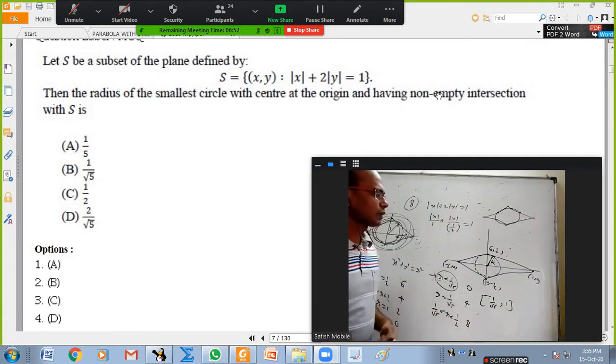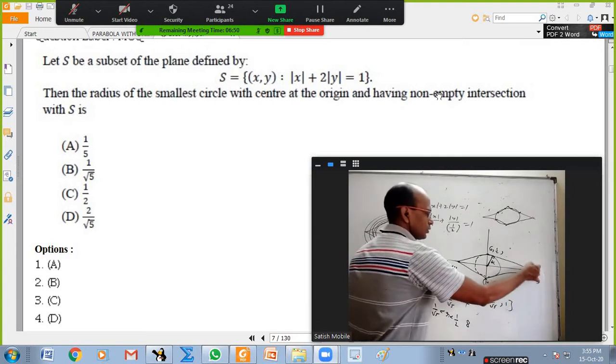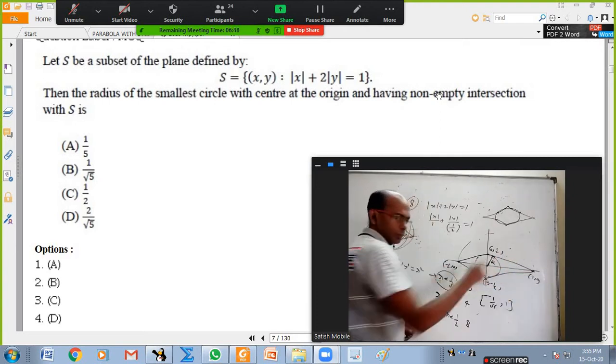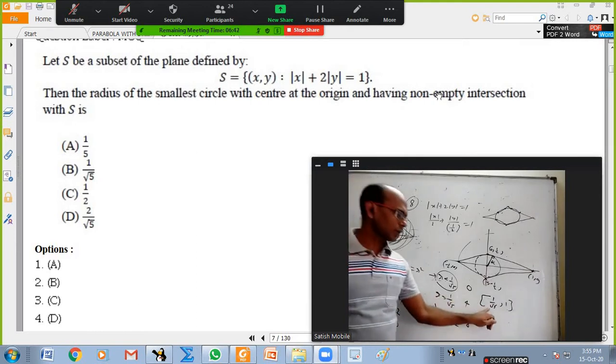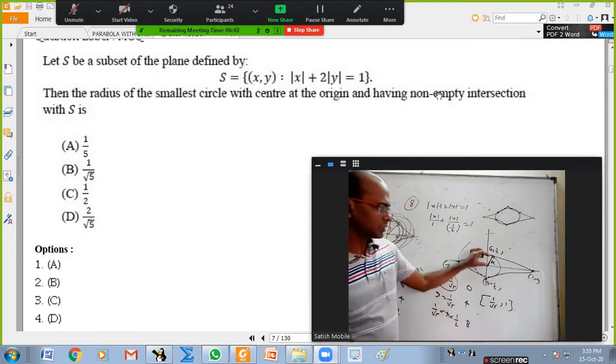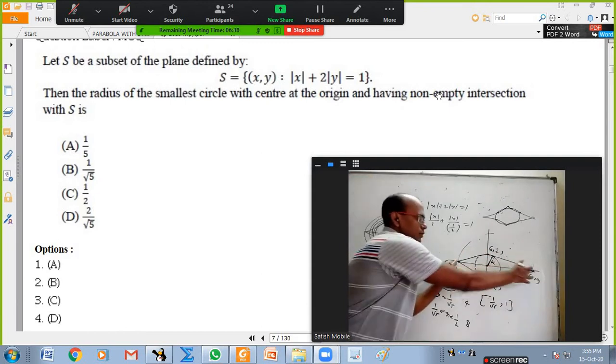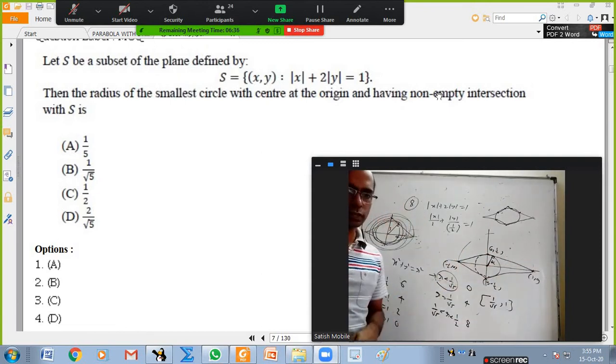Okay. And what is the maximum radius you can take? Up to 1. That is exactly the circle containing the rhombus. Anything more than that, again, there will not be any. So as long as your radius is between 1 by root 5 and 1, that is this minimum distance and this maximum distance, you will have some intersection or other. There will be some common points. Is it okay, Danish, now?